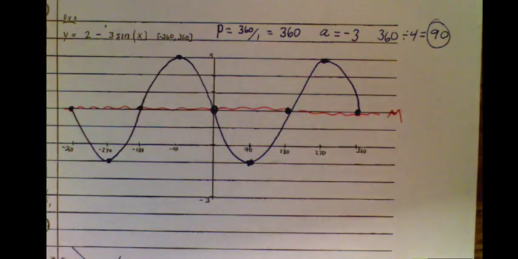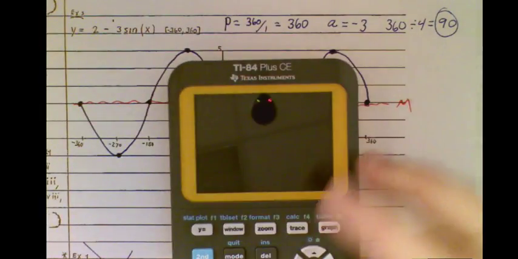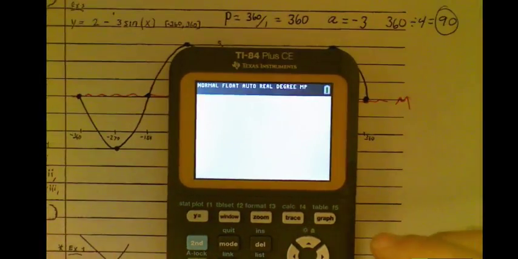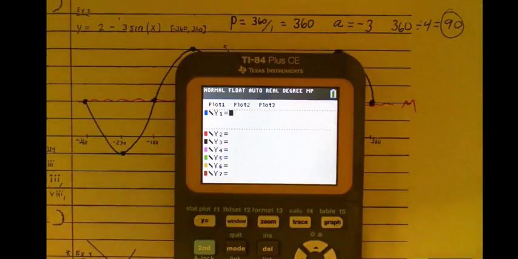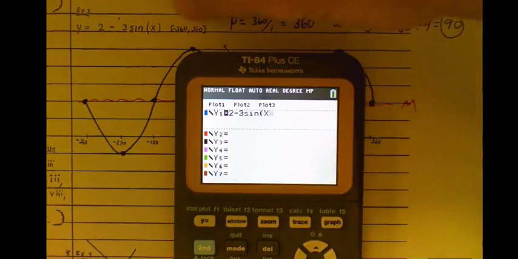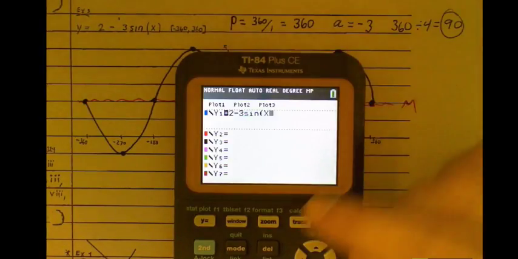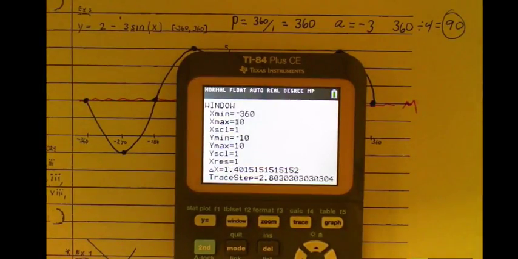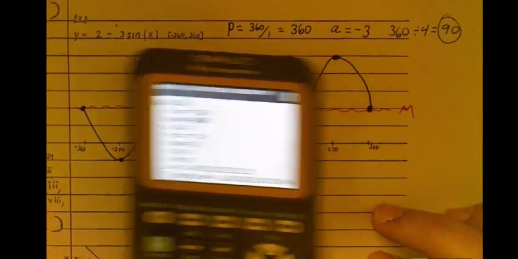Quick side note, I'm going to show you how you can do all this in your calculator as well, or at least see what the graph should look like. If I go into the calculator, make sure your calculator is in degrees, and I'm going to go to my y equals and graph this function. So it looks like this. I can tell by that domain setting that I should be going from negative 360 to positive 360. So if I go to my window, negative 360 to positive 360,